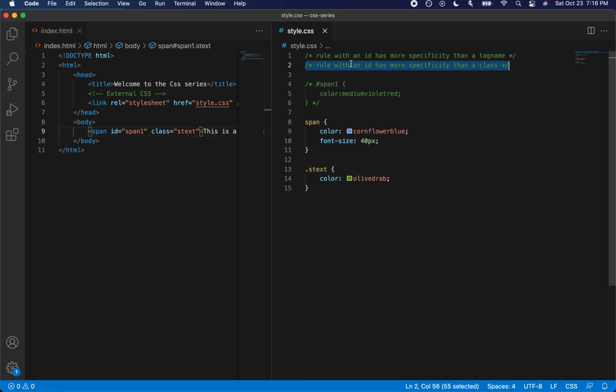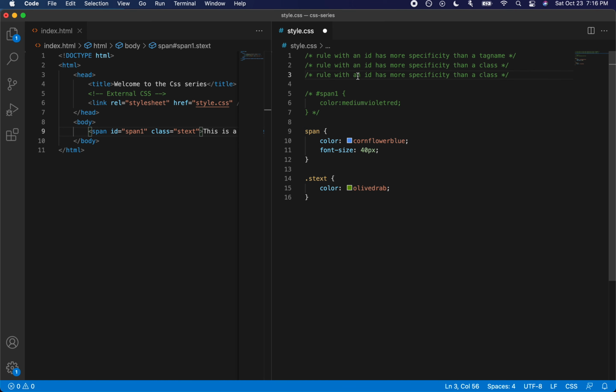This gives us another rule, which is a rule with a class has more specificity than a tag name, or maybe let's just call it precedence. Yeah, so it has more precedence than a tag name. So these are the three common basic rules that the browser follows.